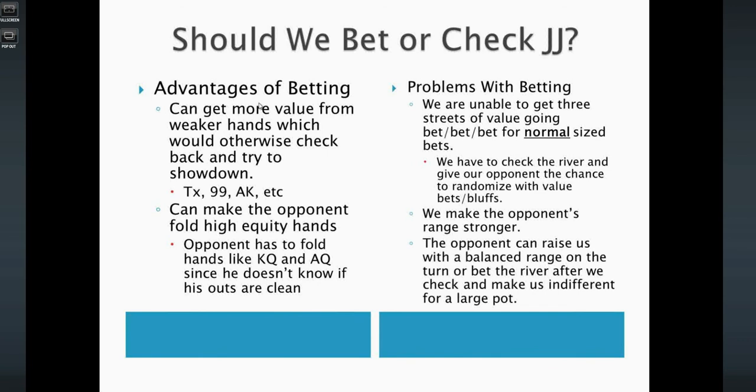That sucks. So it really sucks being made indifferent, but it sucks a whole lot more if you're made indifferent after betting flop, betting turn, and getting raised than if you just check the flop and we're made indifferent there. And we probably wouldn't be made indifferent if we check this flop with jacks because it's such a strong hand, but you get the idea. If we're made indifferent for a very large pot, we've lost a lot more money than if we're made indifferent for a small pot. So a lot of things going on with betting and checking, and this is why